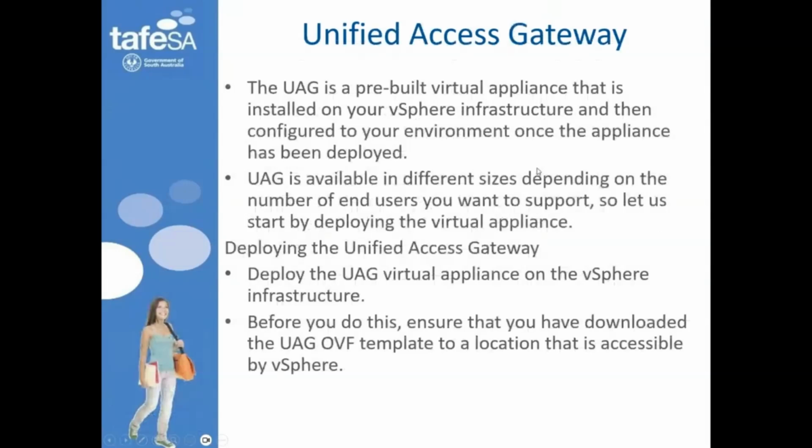The Unified Access Gateway, this is a very important server. This server is meant for internet accessible clients. What does that mean? Remember last week we talked about how you don't have to be on location, on site, to be able to use your desktops. If you're on the road, if you're overseas, you're at home, and you've got an internet connection, that means you can connect to the Unified Access Gateway, which is going to then allow you to connect to the connection server and then get yourself a virtual desktop and